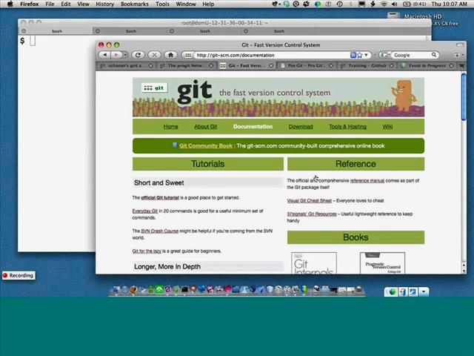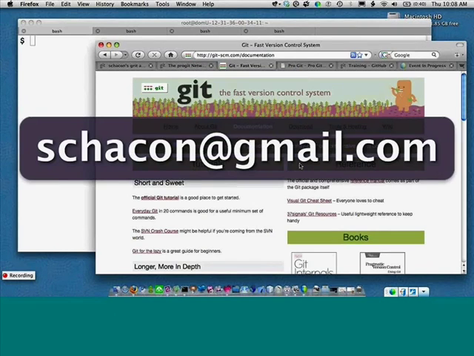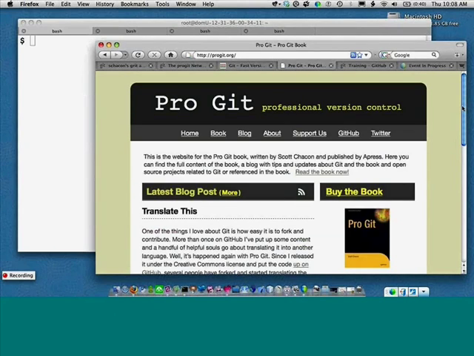I'm the maintainer of this website, so if you see anything wrong with the website or you have suggestions on how to make it better, go ahead and email me. My email address is schacon@gmail.com. So if you have any suggestions or any questions, go ahead and email me at that. The other thing that I've done recently is I published a book called Pro Git, and